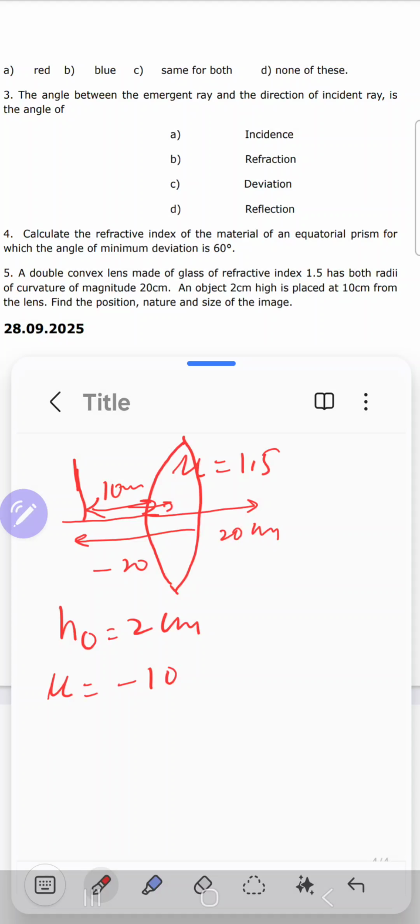Okay, so here if we want to find out the position, nature and height of the image, we want to find out the value of v, and we can use the lens equation, but for that we need to find out the focal length of the lens, which is not given here. Only radii of curvature and refractive index of the lens material are given. So using lens maker's formula,